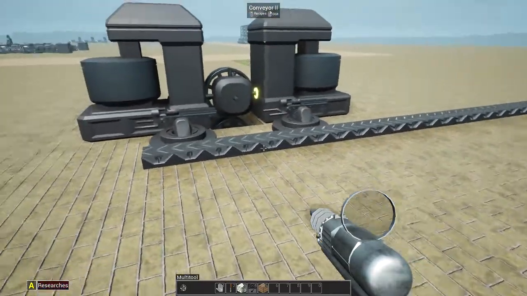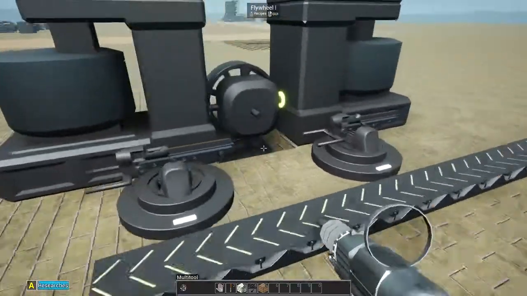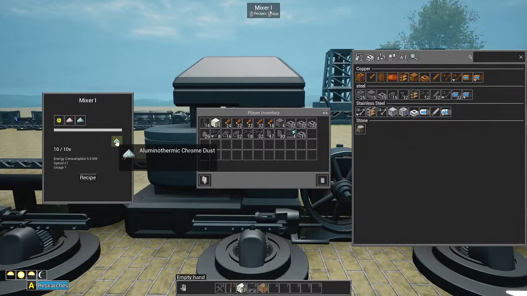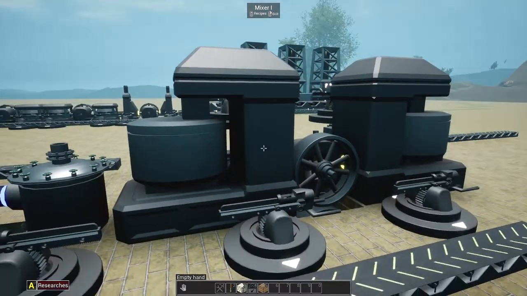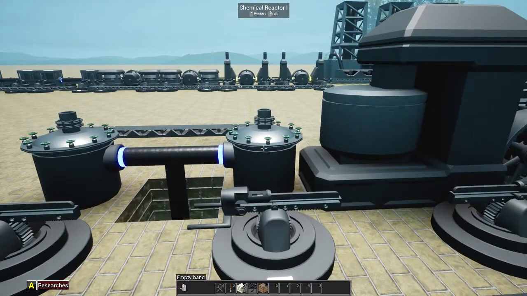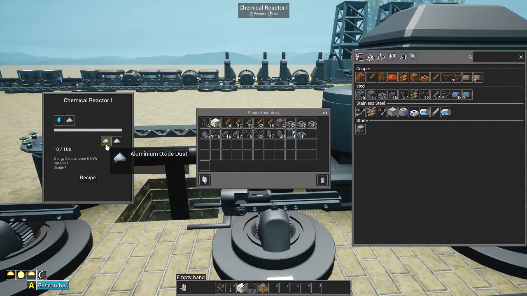But we also need to have an exit point. Okay, so we're almost done here. So these guys are making the aluminothermic chrome dust, and then that outputs this stuff. It outputs that, of course. That then needs to be put into a chemical reactor, which then breaks down into aluminum oxide dust and chrome